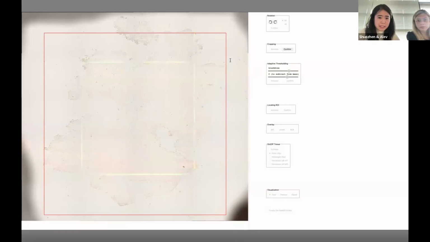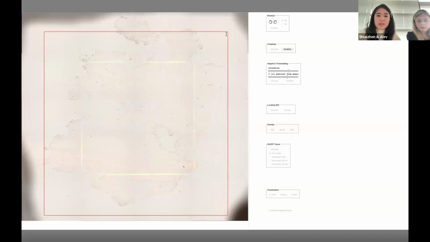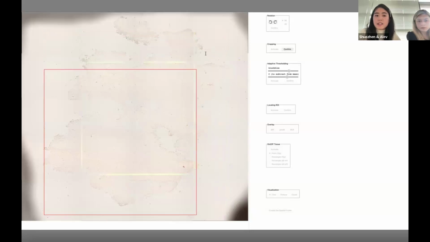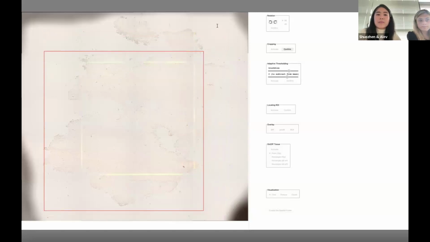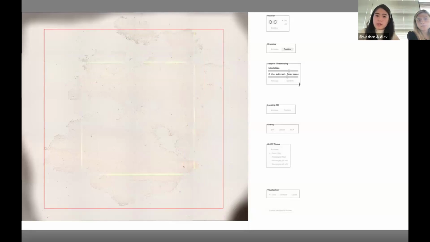So if you are getting a very big tissue and you are running experiments and do the whole scan over the tissue, it might be too big for you to select the tissue, select the spot, whether it's on tissue or not. So you can choose to crop it. You can activate it and you can confirm it. By default, it's going to have this crop image size like this, but you can always change the size of it. You can always move it. That will not affect your final generation of the spatial folder. So this is a good part about this software. Once you confirm your cropping,